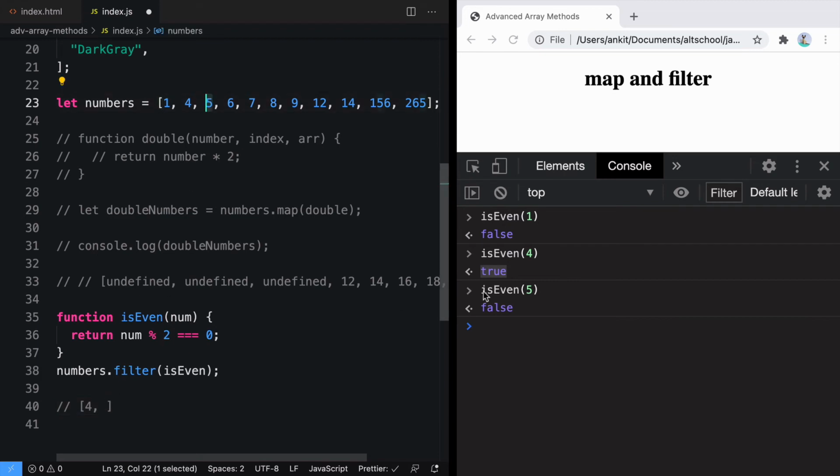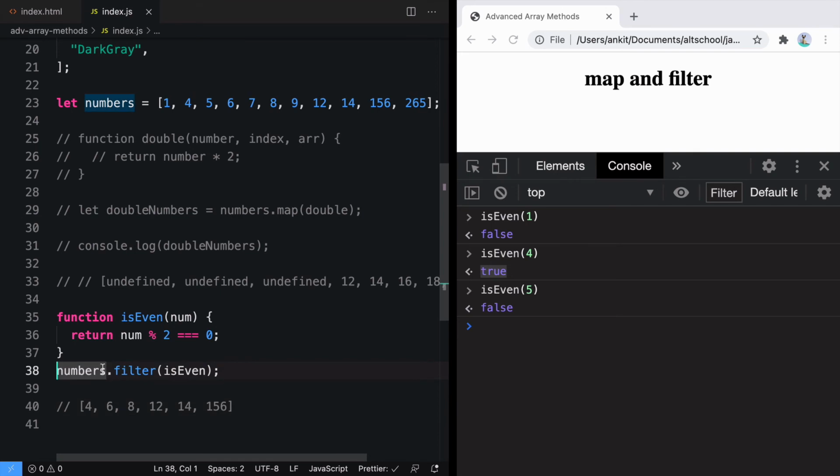It will return false, and because it is returning false, we will not store it in the new array. If it is 6, we'll store it in the new array because it returns true. Same is the case with 7. It will return false, so we will not store it. 8 will be stored here. Similarly, 12, 14, 156 will be stored here.